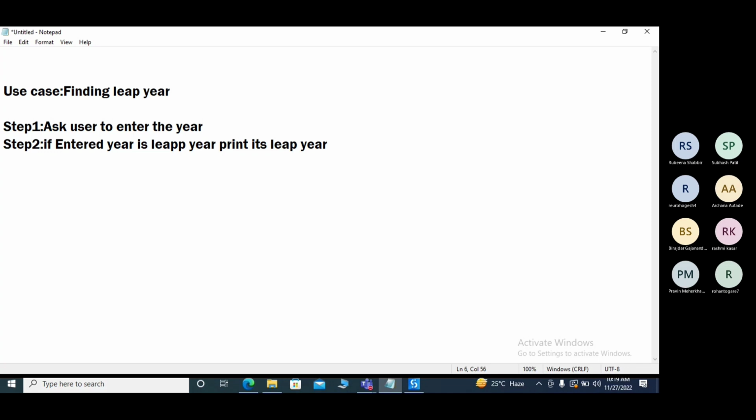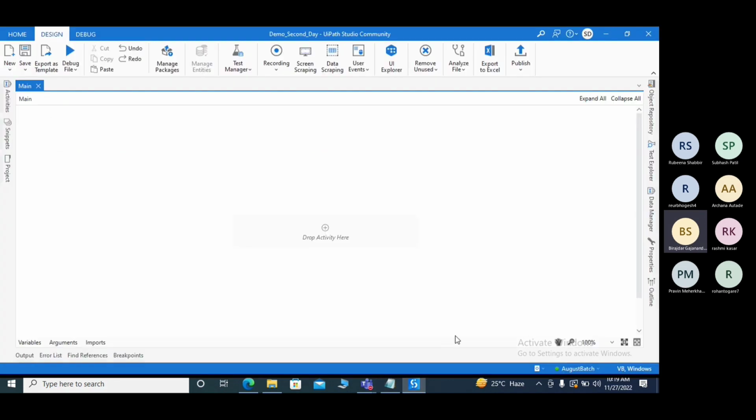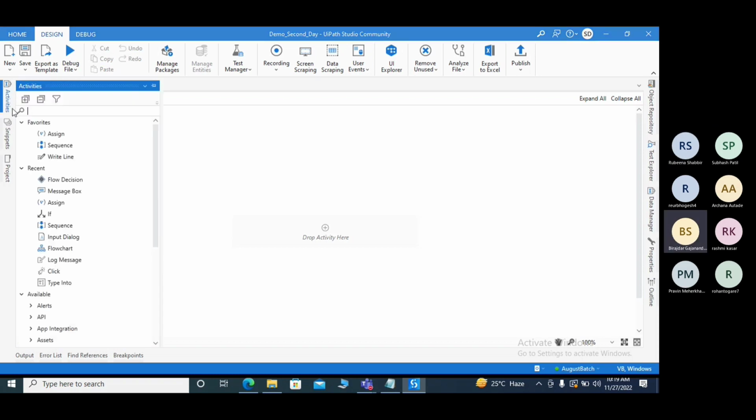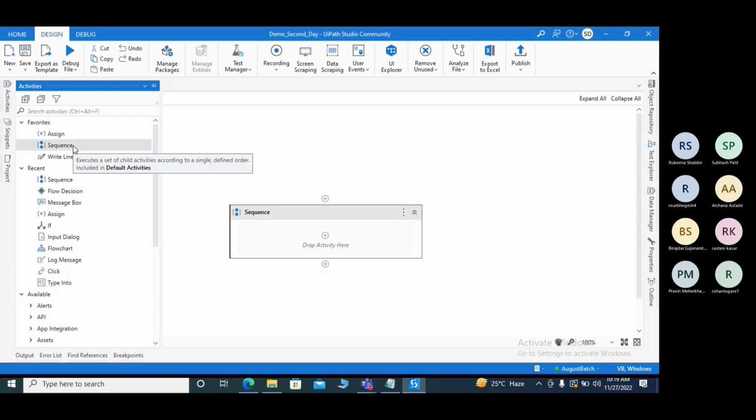I hope those who attended yesterday's session understand what we have to do, and I'm expecting answers from them. So what is the first step, guys? I want answers from you. We'll take the input dialog first. Yes. So first I click on the activities panel, then click on sequence, and then we have to search for what? Input